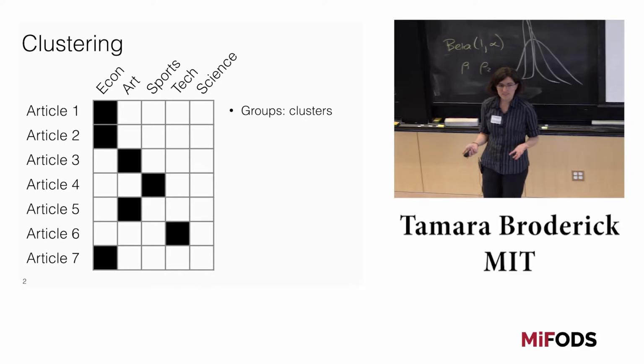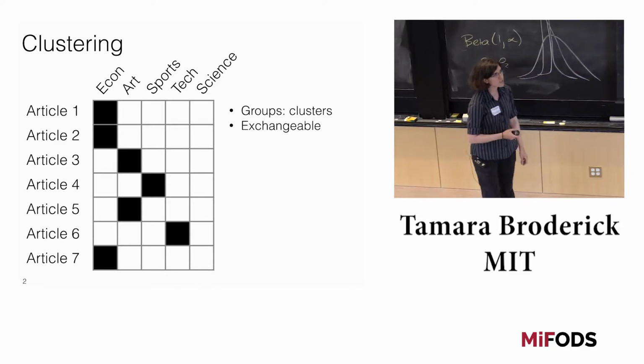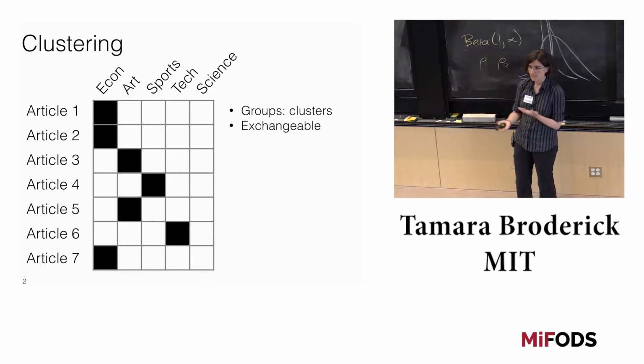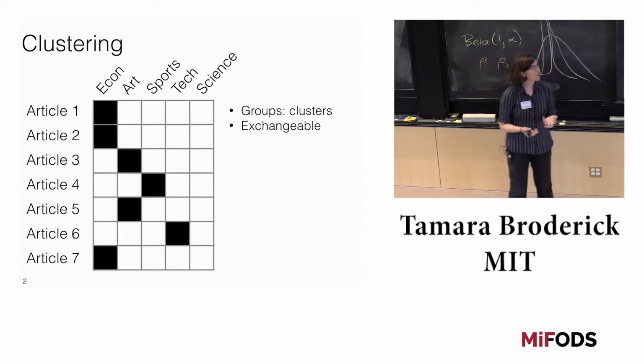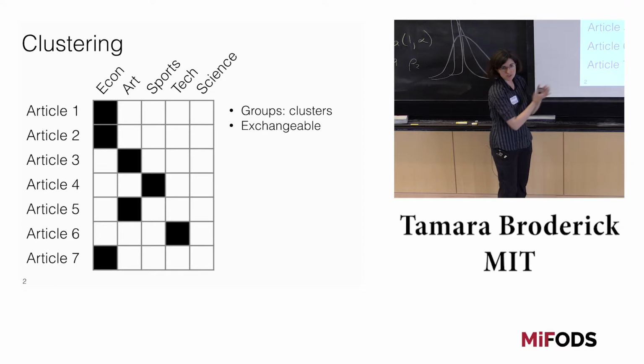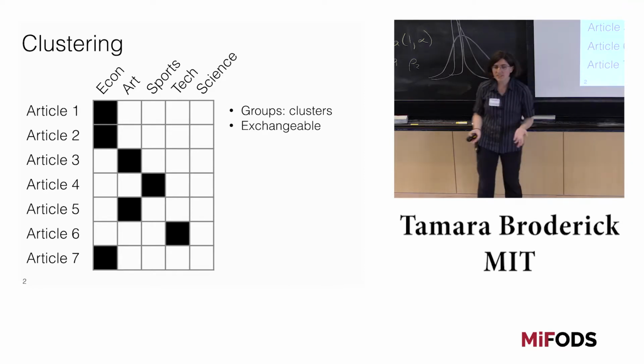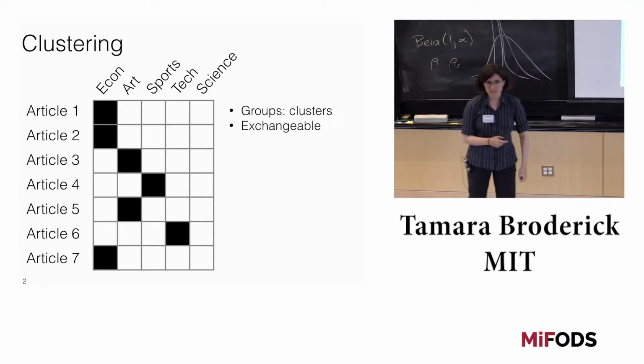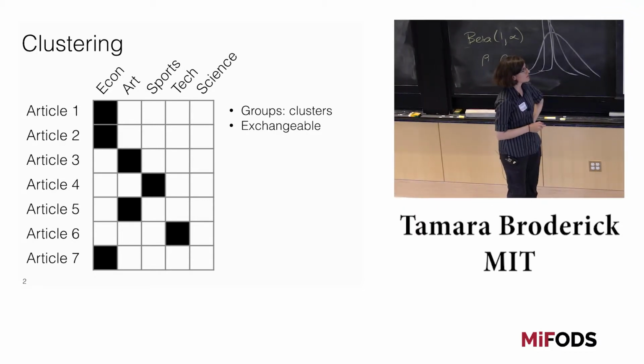And if we make this assumption that we talked about early on of exchangeability, that the ordering of the data points doesn't matter, we're effectively saying, hey, we could have seen these articles in a different order, and the distribution of them should not have changed. And now we've seen a couple of ways to generate such an exchangeable distribution. So let's just go over those.